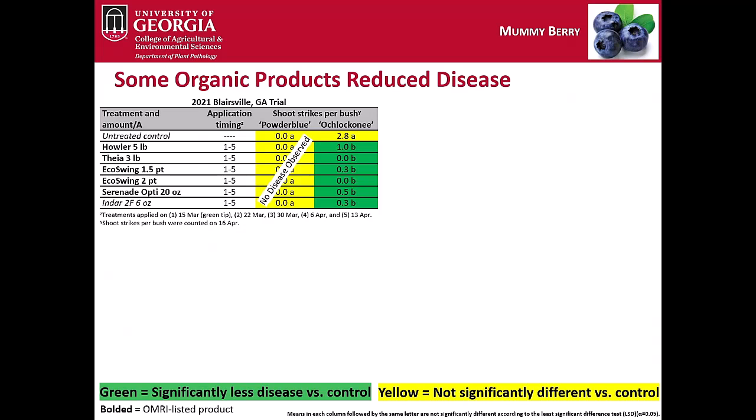So in 2021 in Blairsville, our results look like this, and I've color-coded everything from here on out. If it's in green, it indicates a significant reduction in disease. If it's in yellow, it indicates a result that was not significantly different versus the untreated control. And all of the organic fungicides in these tables are going to be bolded, and the italics is either for the untreated control or a conventional fungicide, which in some cases was used as a comparison. So you can see that in this trial, in terms of shoot strikes per bush, at least on Climax, where we had enough disease to evaluate,